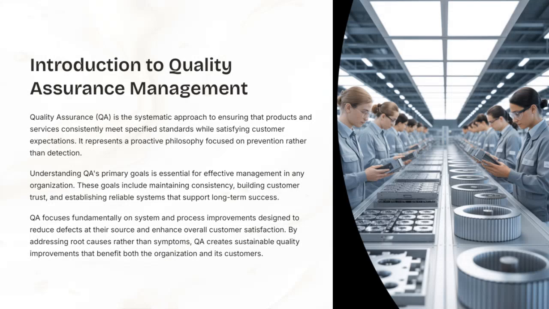Let's start by understanding that QA, or quality assurance, is fundamentally about improving systems and processes. Its main goal is to identify and reduce defects right at their source, which not only helps in preventing problems, but also boosts overall customer satisfaction. When we focus on root causes rather than just symptoms, we create sustainable improvements in quality that benefit both our organization and our customers. It's important to recognize that knowing QA's primary goals is key for effective management. These goals include maintaining consistency across our products and services, building trust with our customers, and establishing reliable systems that